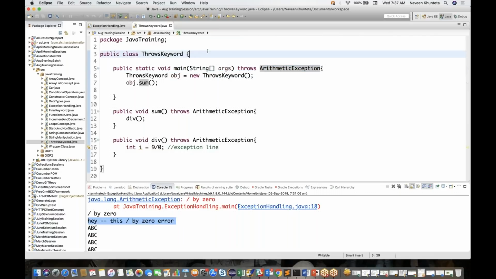So JVM will see that, okay, main method is throwing an exception, so that exception will be caught by JVM now. So always remember this concept, that JVM will accept this particular exception. Right, now if you run this program,